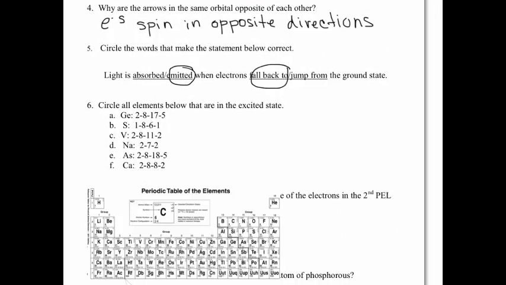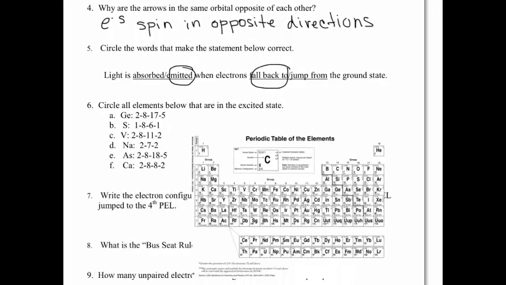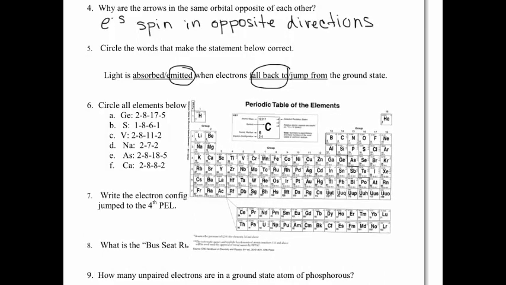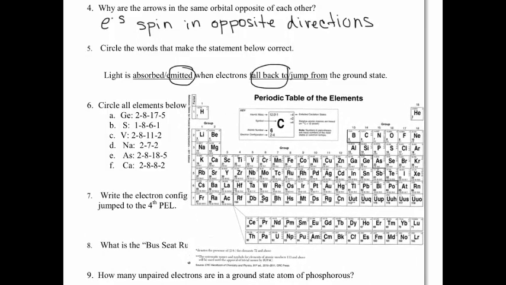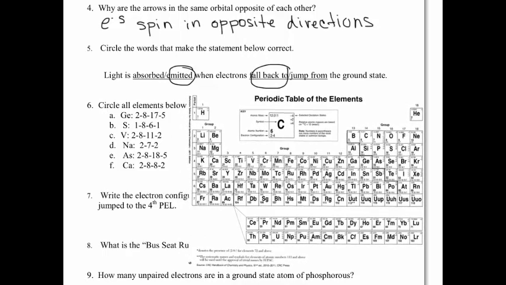Now this we haven't really talked about, so let's look at this. The electron configuration for each of the elements in the periodic table is given in the ground state. So if you compare the electron configuration here to the one in the periodic table, as long as there's the same number of electrons, they could theoretically give you an ion, which would have 1 more or 1 less or 2 or 3 or whatever, but if it adds up to the right number of electrons